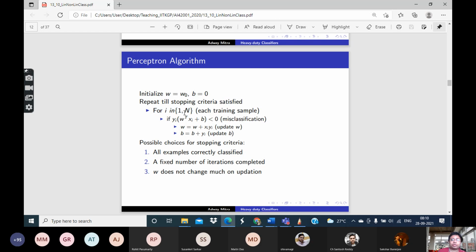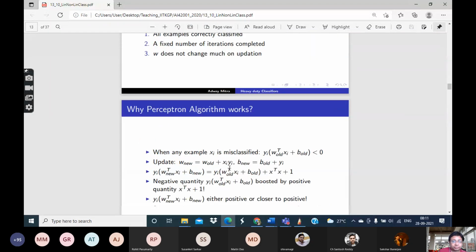But that is not all, because doing one pass will not serve your purpose. Whenever you are updating at any misclassification, you may have ended up misclassifying some of the other points which you have earlier been able to correctly classify. So to prevent such a thing from happening, you have to do multiple passes over all the n data points one after another, and we have to stop only when any of these stopping criteria are satisfied.